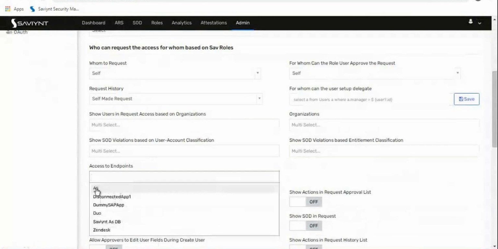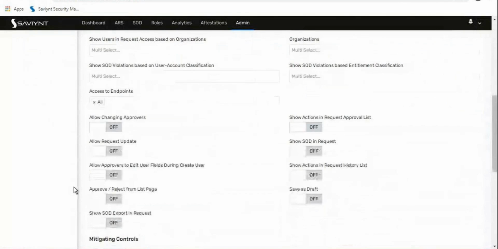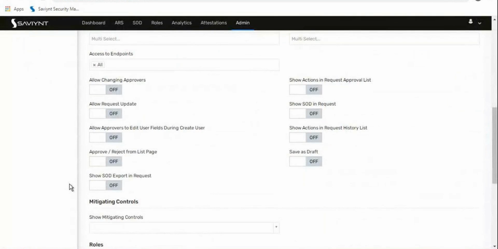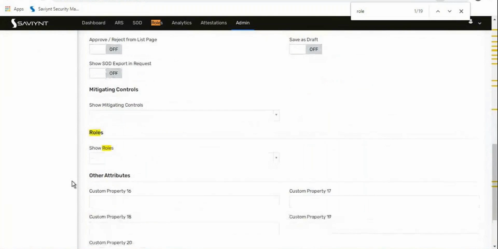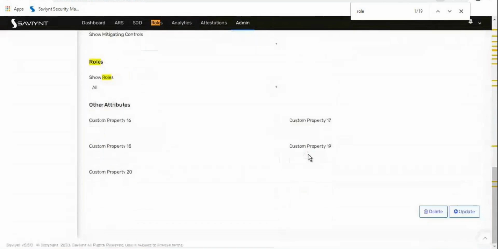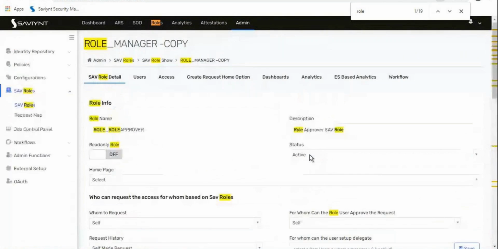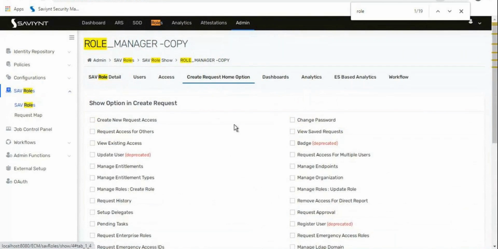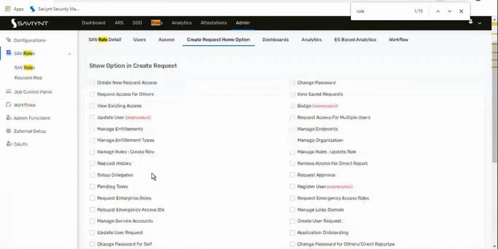Access to endpoints on. So here is one configuration which we need to look for. That is roles. Alright. So show roles, I'll say it as all. Okay, that is done. Then the other important thing for us is this particular tab, wherein